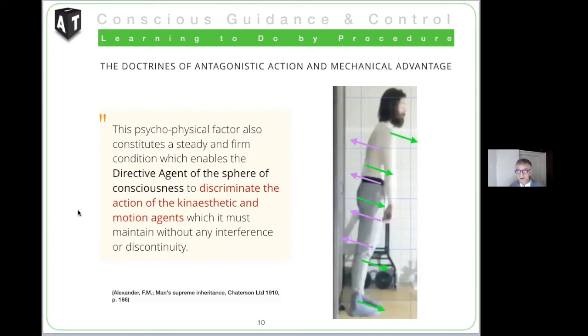At first, I couldn't make sense of it. I could translate the words, of course, but it didn't make more sense in French than it did in English. It didn't make sense. What are we talking about? Well, now, we have the directive agent of the sphere of consciousness. That is, in fact,